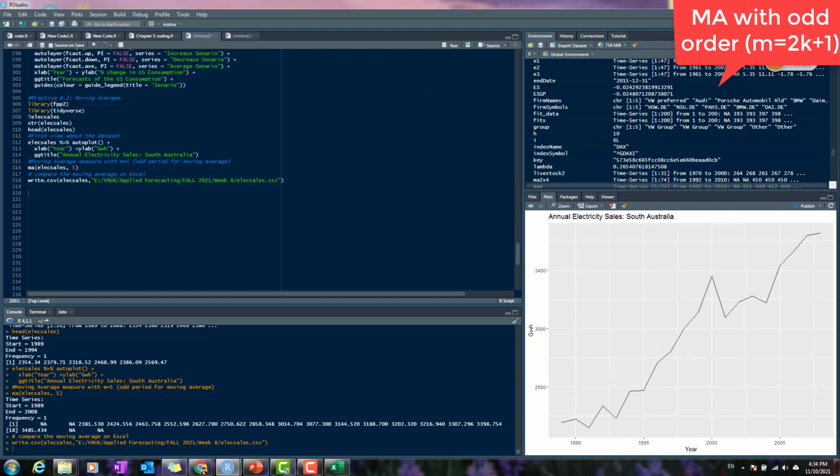All right, now let's come back to the electricity sales in RStudio, and I want to plot the original data compared to the new MA file. Let's see how it's going to compare. How are we going to do it? Remember autoplot, right? I want the electricity sales, the original data, and I will say the series will be